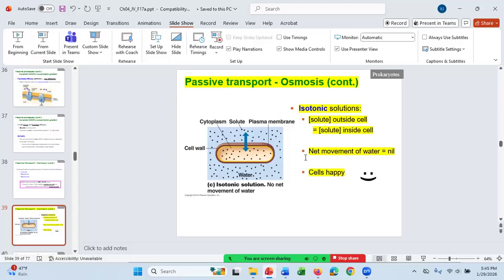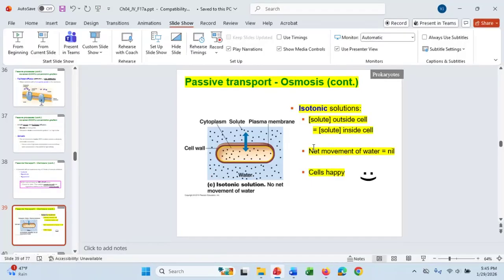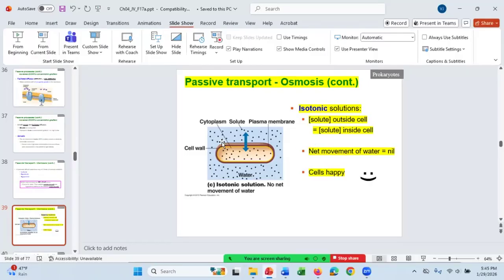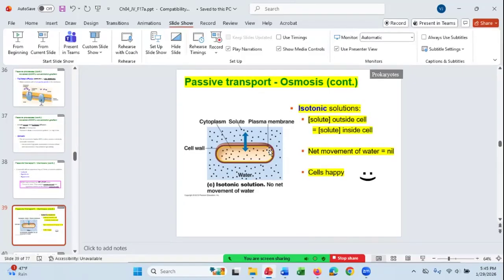What do I mean by there's no net movement of water into the cell? Anyone have a guess? Is it hydrophobic? Um, no, water can move through the cell membrane. I mentioned that before. It slowly moves through. It waits for the phospholipid to move over, and then it moves into that first layer of phospholipid, and it just waits for the second phospholipid to move over, and then the water can move into the cell.